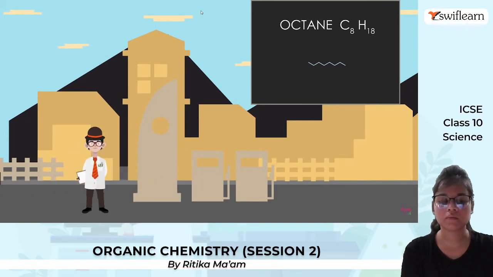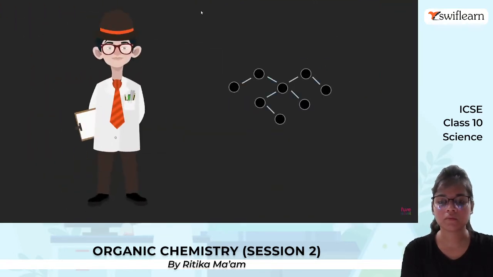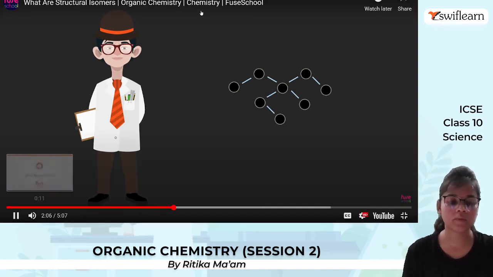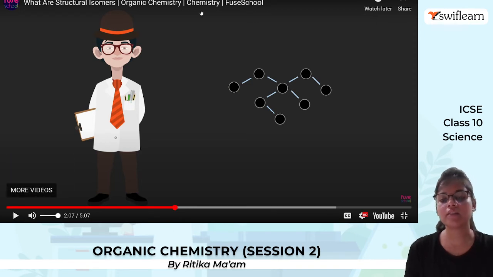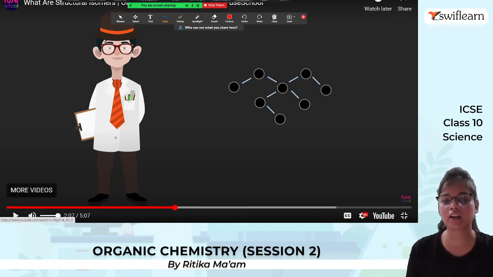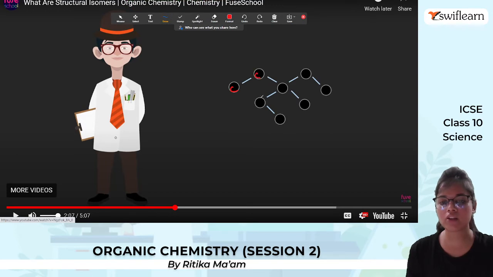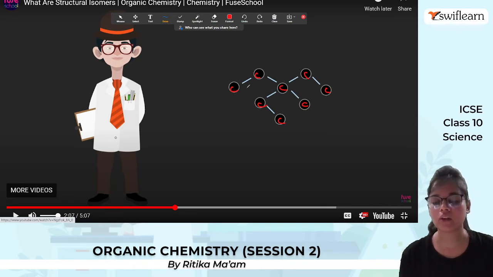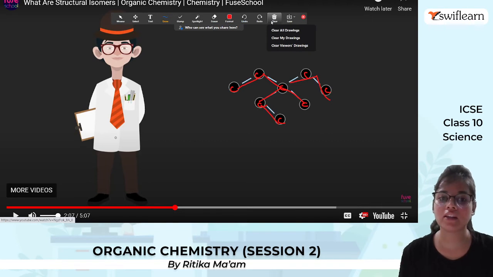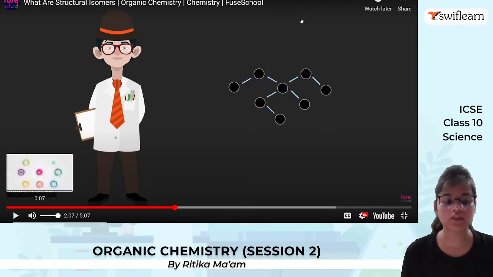If an isomer of octane was used, the petrol burnt more smoothly. Look carefully, there are 8 carbon atoms, so it is a structural isomer of octane. So here see, the circles are representing the carbon atoms. So we are having 1, 2, 3, 4, 5, 6, 7, 8. But here it is not a straight line, okay? So this particular change in structure leads to a change in the properties, and that is what is meant by isomerism.